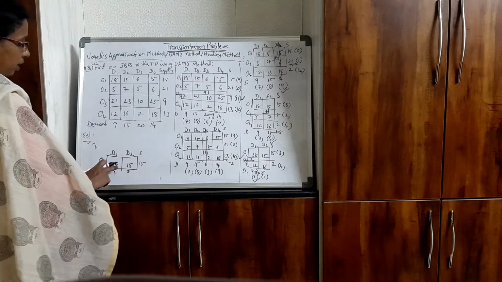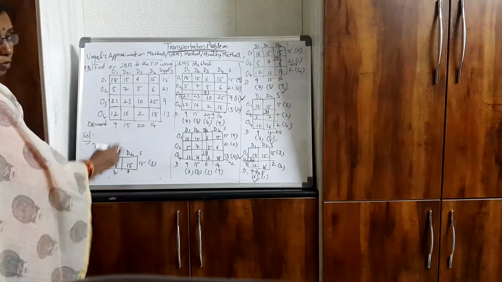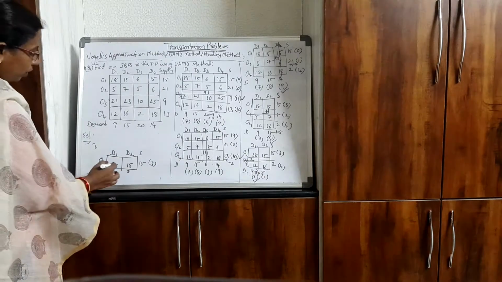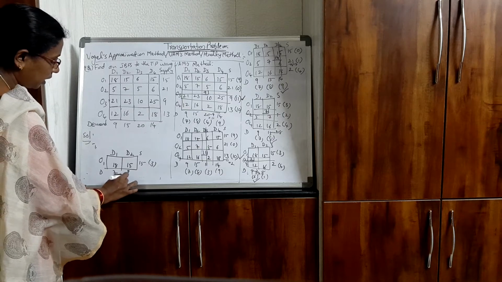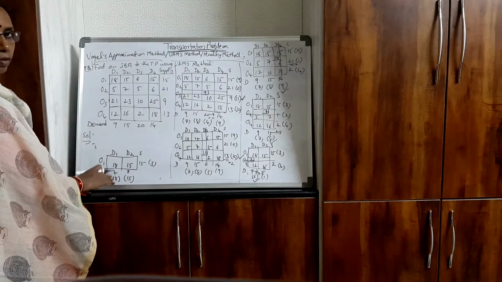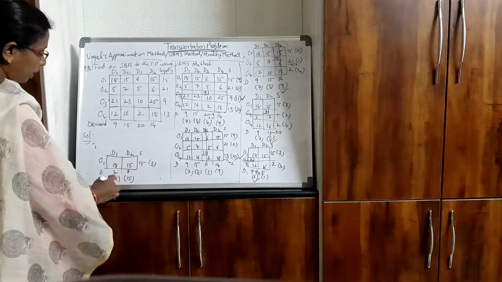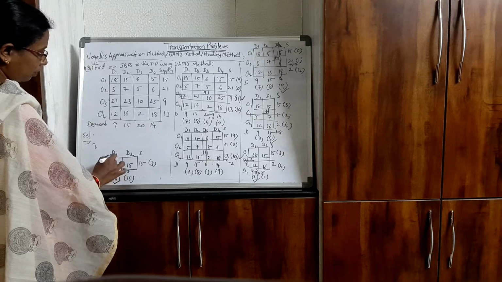Again calculate the penalties. 18 minus 15 you will have 3. Column wise you don't have any numbers left, so whatever number is left, that itself is the penalty. So here it is 18 and here it is 15. Only one value you have, so you have to write that one value as it is. Now which is the maximum here? This 18 is the maximum. Corresponding to this you have only one cell.